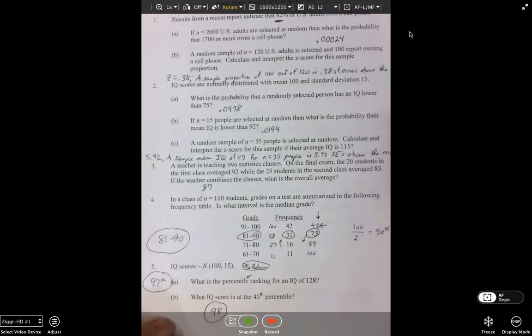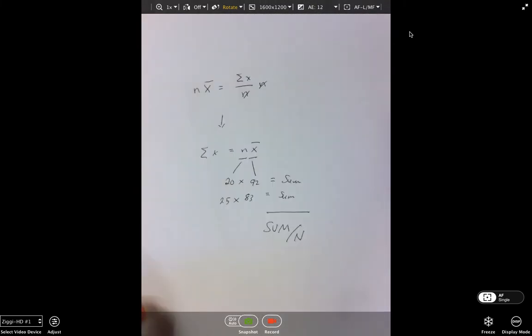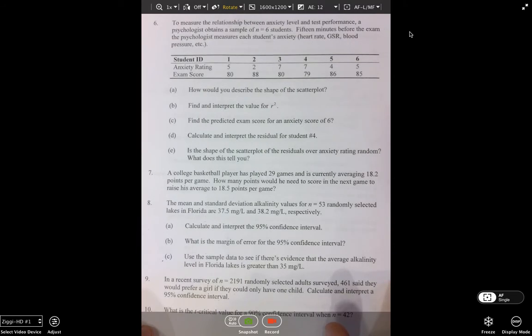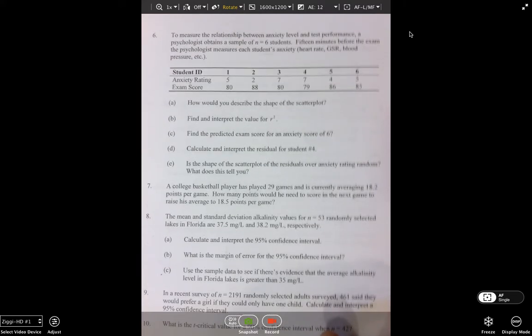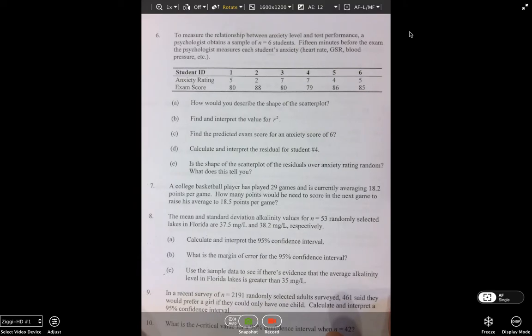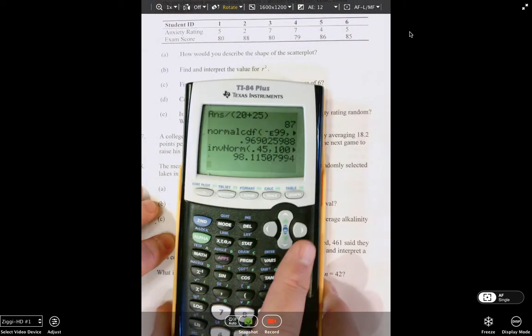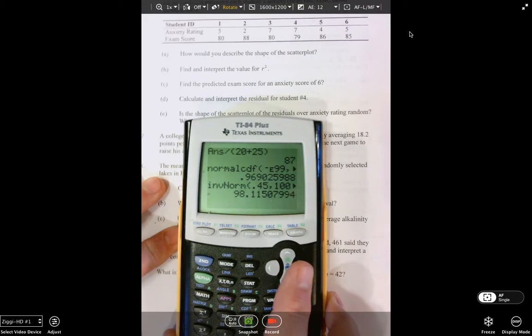All right. So let's go to the back page. Now, the back page goes back, we get back here into a correlation regression issue. So let me put this up and, I debated on whether or not